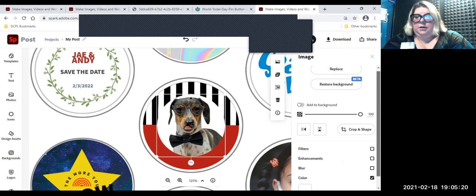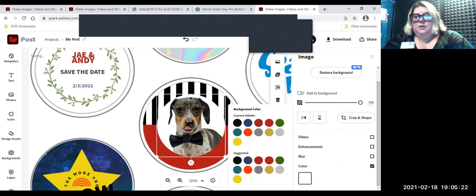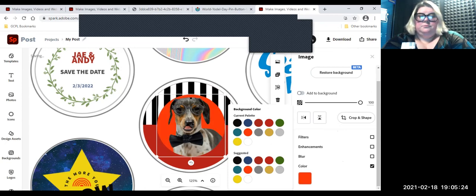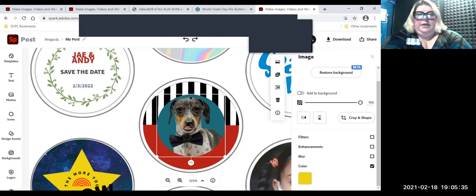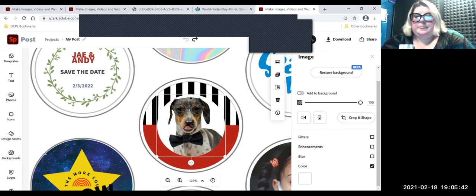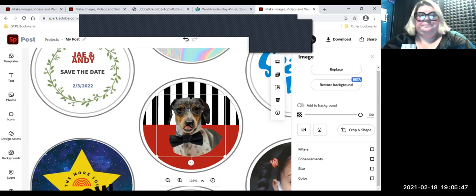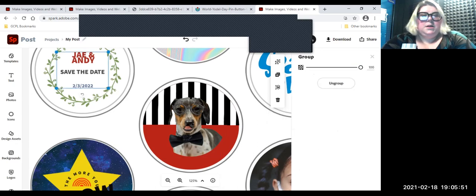So if I click on color, then I could add orange, which is very not the good color for this, just for example. Or I could go back to not having background at all. There. For this one,